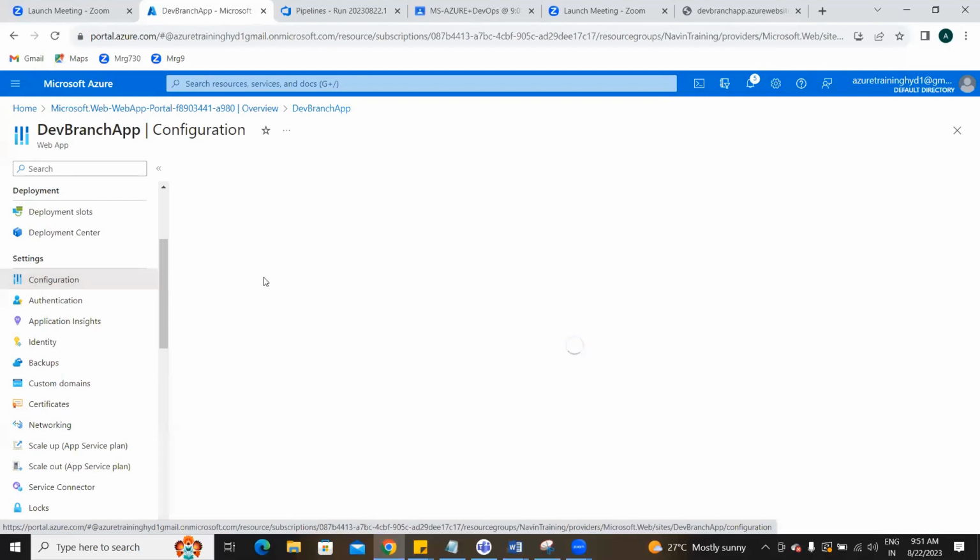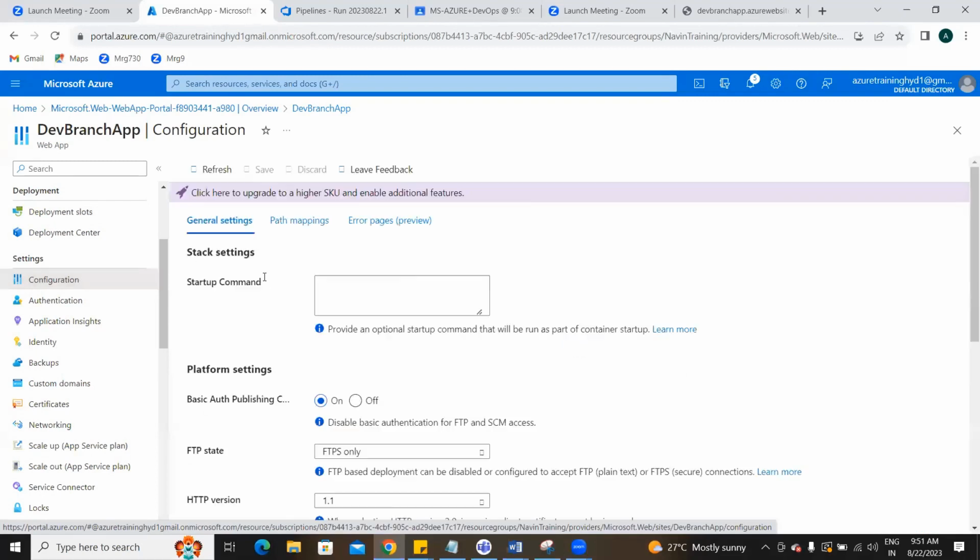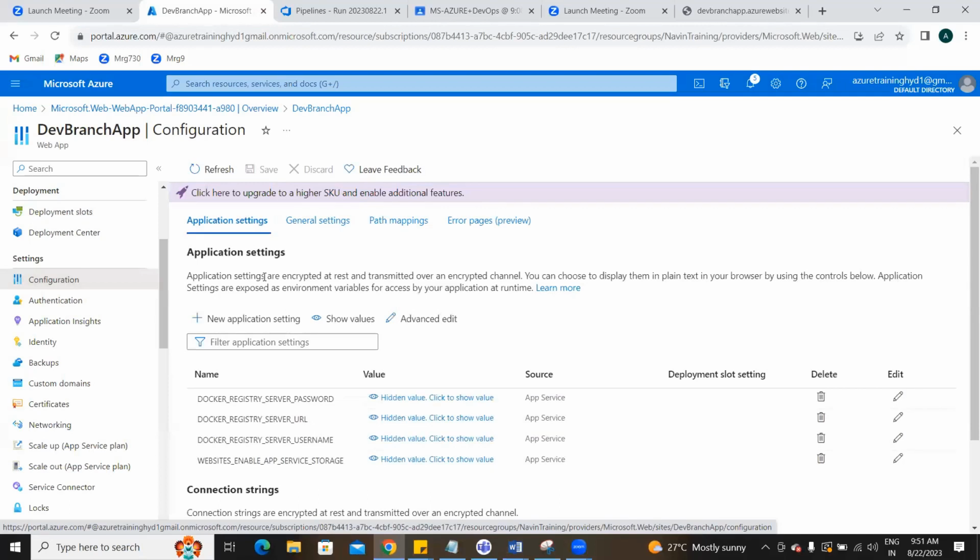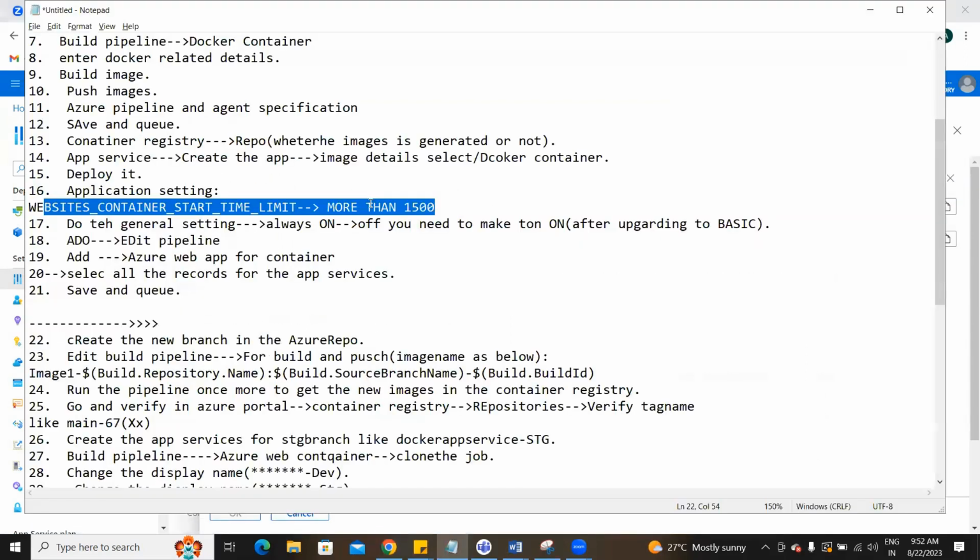Why is it slow today, Azure? It's slow, no? It will be inside the configuration. The settings will all change in the configuration field, right? So go there. We have application settings. It says that you wanted to add one more setting. Click on the new setting, and observe what it says.